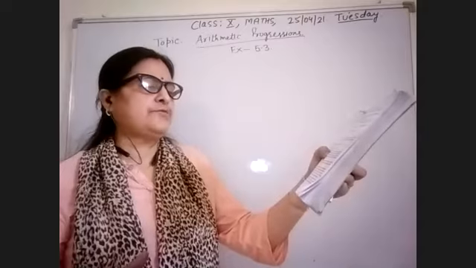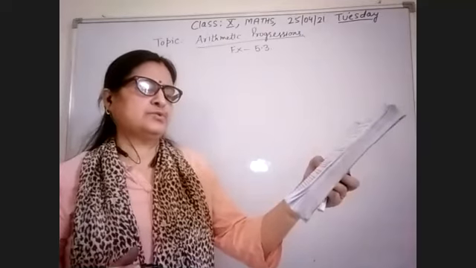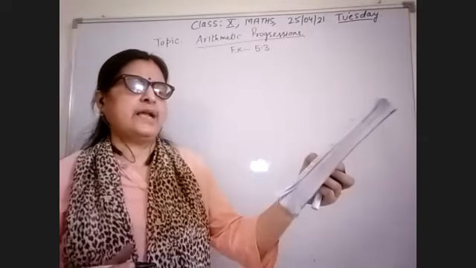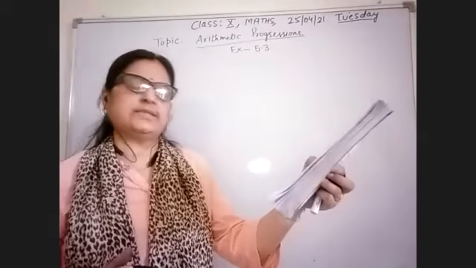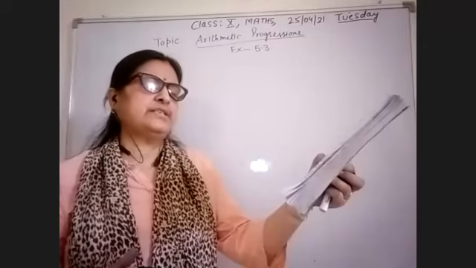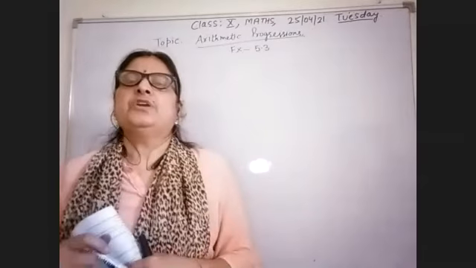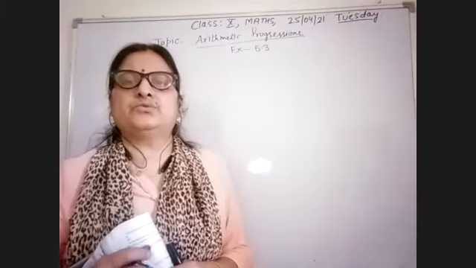A section of class 1 will plant 1 tree, a section of class 2 will plant 2 trees, and so on up to class 12th. There are 3 sections of each class. How many trees will be planted by the students? Total, how many trees are planted by the students?